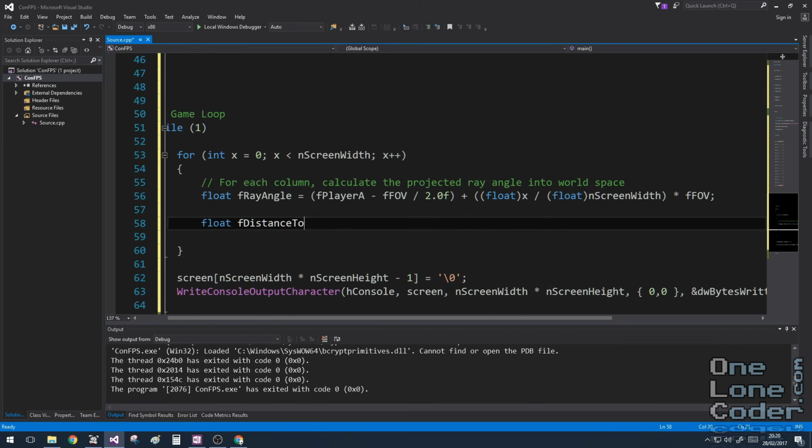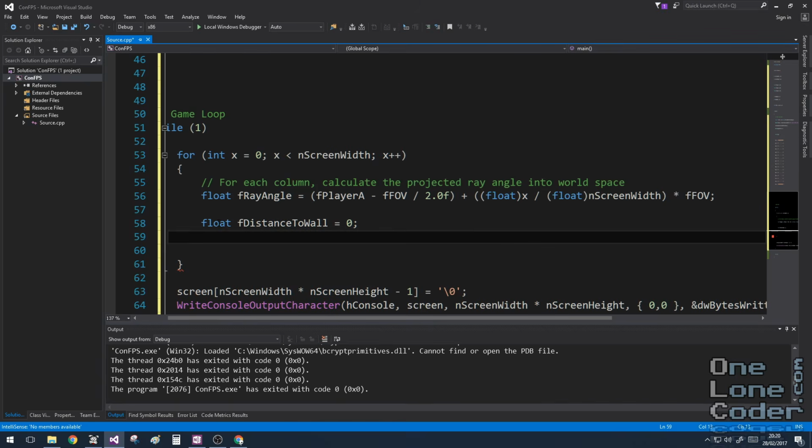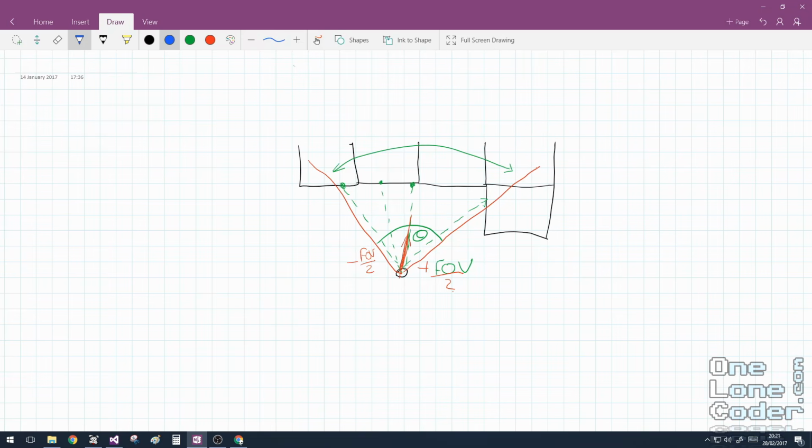We're going to need a variable to track the distance from the player to the wall for that given angle. And to start with, we'll set that to 0. How do we work out the distance to the wall then? Well, we take a ray and we're going to test it in little increments. So we're going to test at that step, and then at that step, and then at that step, and each time we keep incrementing